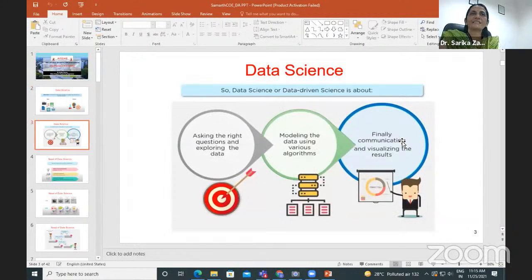So this is data science, all about whatever I have discussed. This comes into this particular picture: asking the right questions and exploring the data. So what does asking the right questions mean? Whenever we want to apply any logic or anything, we must have data with us, isn't it? As you all know, data is not something where I want it and I will get it. I get thousands of parameters with that.